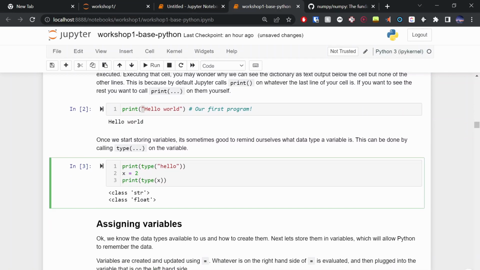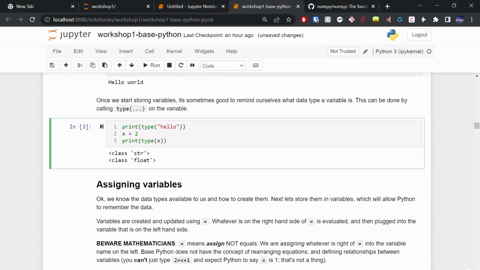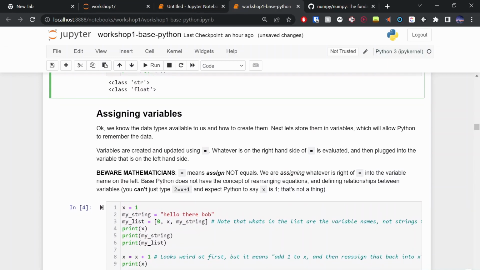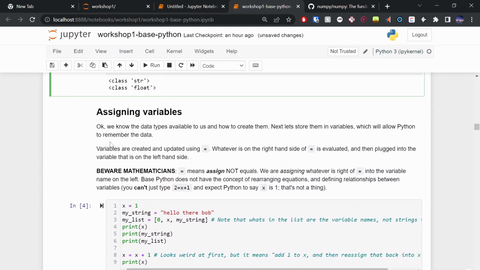So that's your first code. Well done. Let's talk quickly about assigning variables. I think this is a bit of a stumbling block, especially for you mathematicians out there. The equal sign does not mean equals. It means assign. What is the difference? The assign operator, the equal sign, is saying whatever's on the right-hand side of it, I want to store into the variable name on the left.